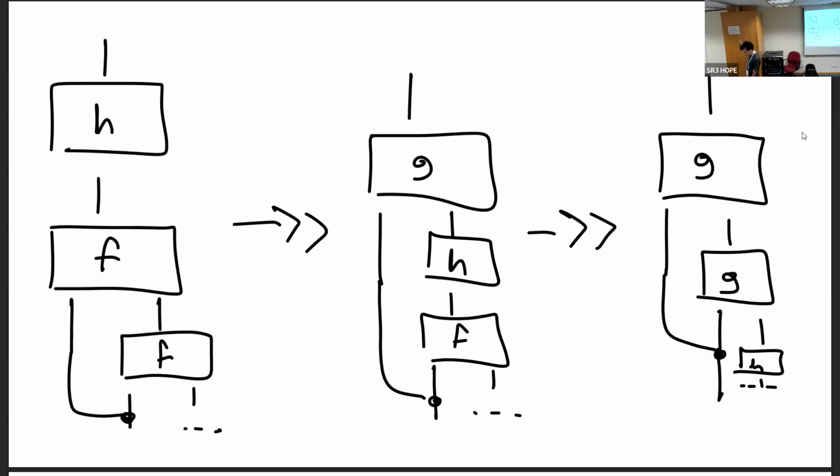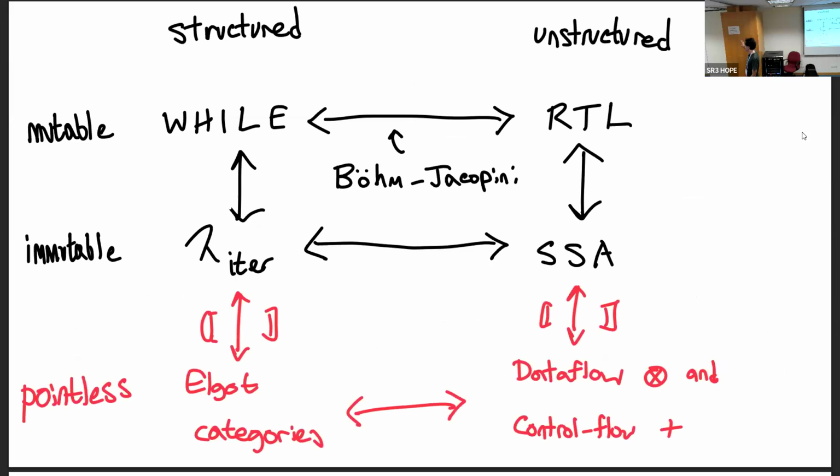And I'm not going to go over the typing rule since we're running out of time. But what this does is that once we prove this semantics sound and complete, we can also give a semantics for SSA in the obvious way by just taking our SSA program's control flow graphs and interpreting those as the semantics.